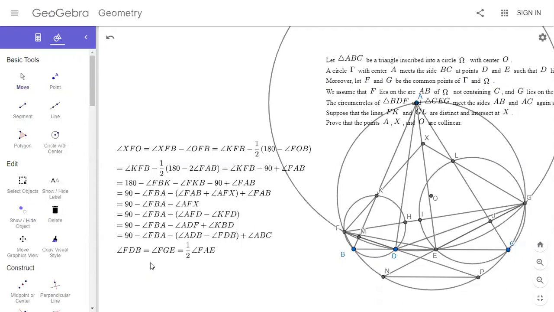Thought I had a solution. FDB. I think I might have gotten my signs wrong somewhere here. Wait, oh, this is plus. Yeah, okay. So,